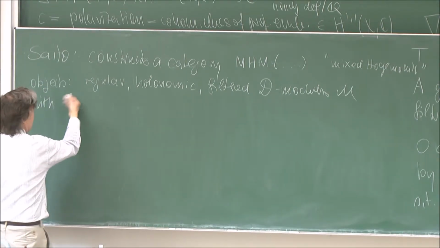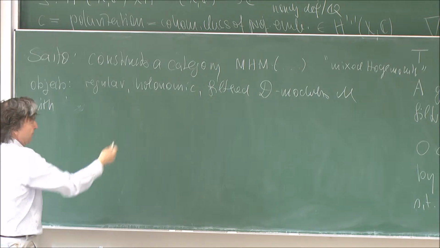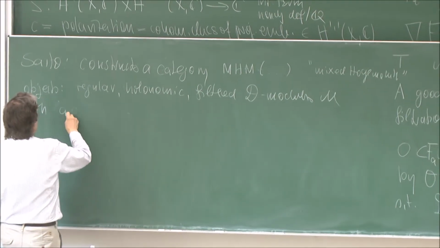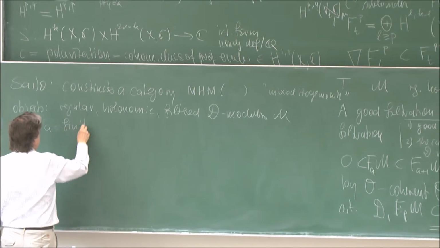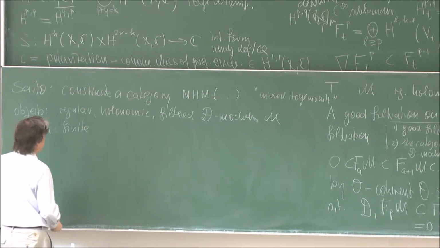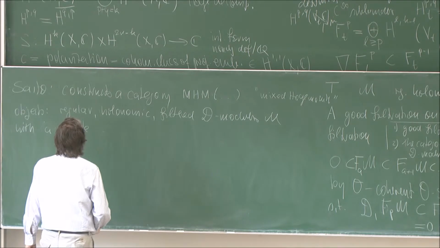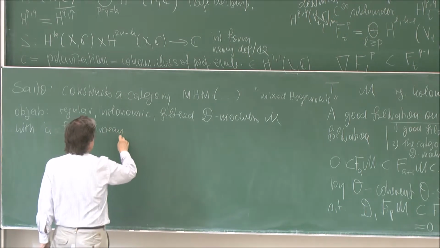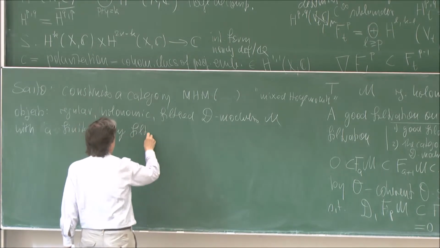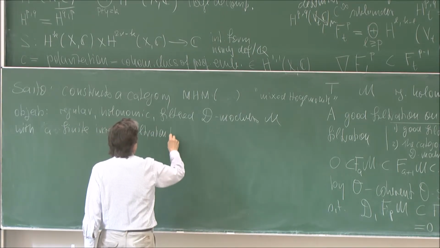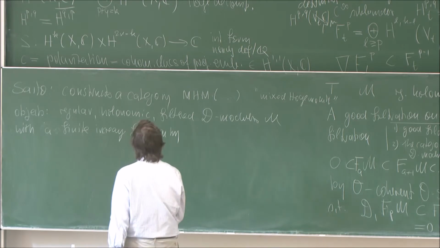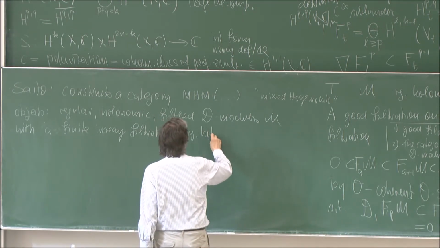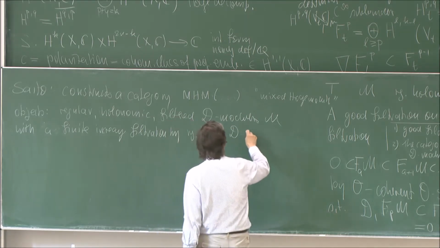Filtered, of course, means I already have a filtration, I need a filtration F, with a finite increasing filtration by regular holonomic D modules of M,